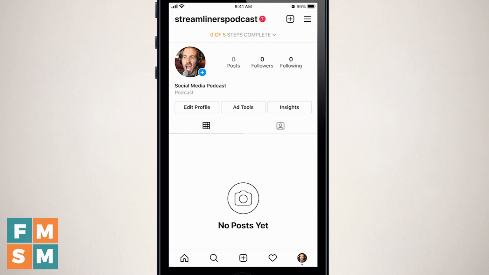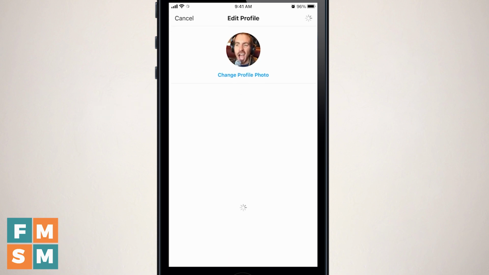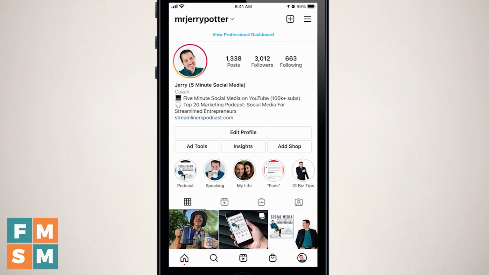Anything you chose, like your address or phone number or your bio that you wrote, will all show up here on your profile. And if you want to change those, you can always come back to your profile and click Edit Profile. So if we go back to my main account, you can see here where it's actually got posts and stories and a bio and all of that. So this is a little closer to what it'll look like, and you should be all set with your new